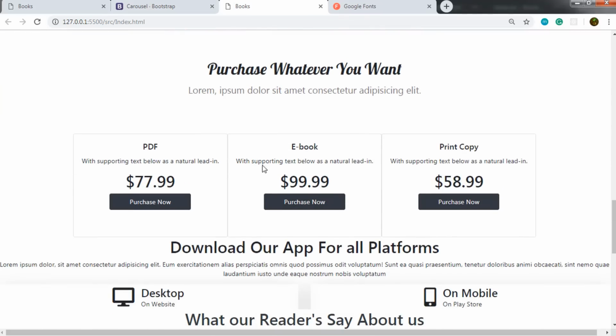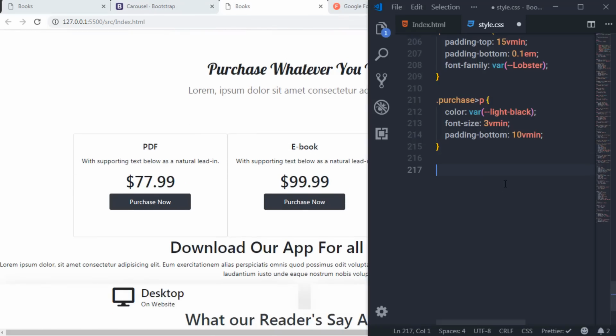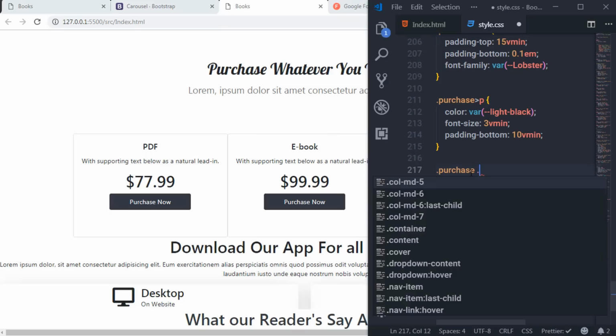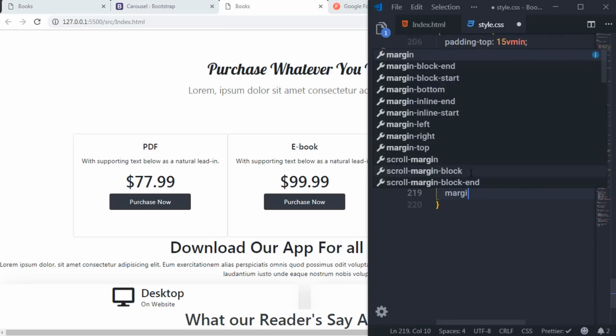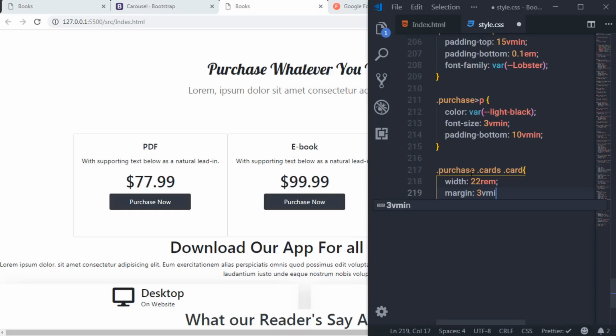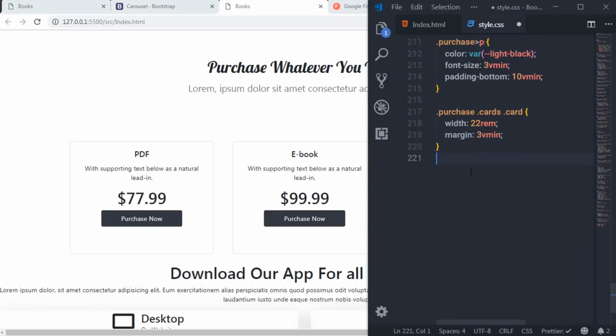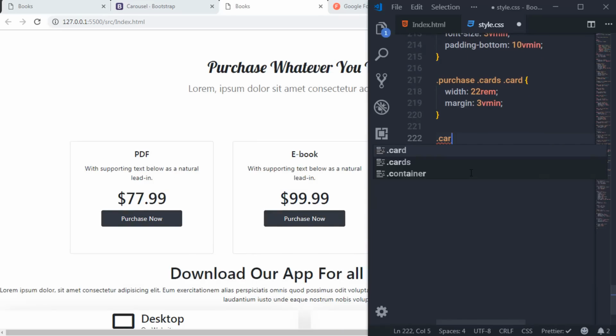So I'm gonna just style this card. So I will open this up. So to select this card, I'm gonna first select this purchase class, and then I will select the parent div. So I will say cards and select this card. So I'm gonna say card here, right? And first I will say here width 22 rem, and margin I will specify 3 vmin. Just after that, I'm gonna select the cards